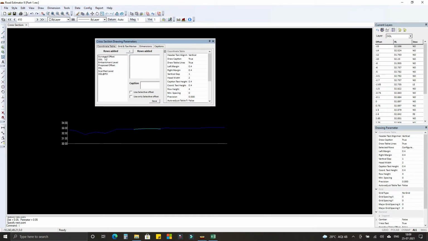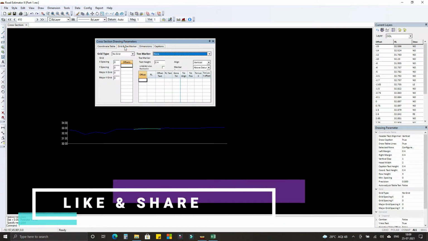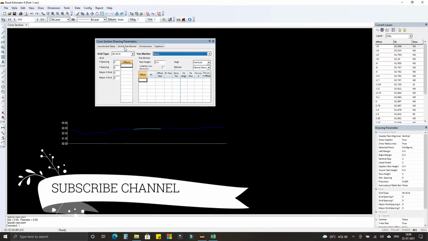Next, configure tab, select cross section settings. We need rows like surveyed offset, OGL, proposed offset, FRL. If you want scarifying levels, you have to select the scarifying levels. Okay, so let's click save. Go to grid and toe marker to get toe markers and grid markers.